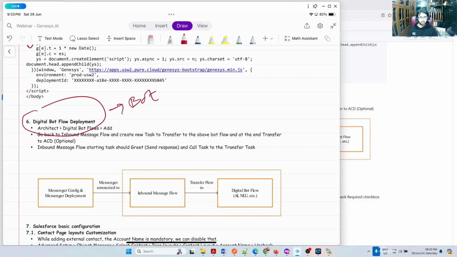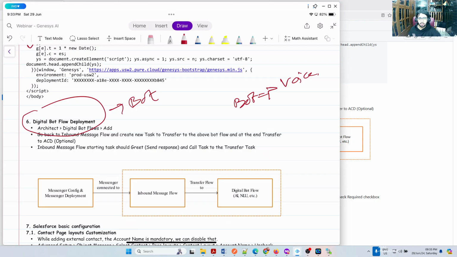Only bot flow means your voice bot. You can create a voice bot where you call the bot and say, okay, I want to talk to an agent. You can interact with the human language itself. That is called bot flow. The only bot flow is voice. Digital bot flow can handle both voice as well as chat. I haven't tried the voice in that. Usually we create digital bot flow for the chat interaction.